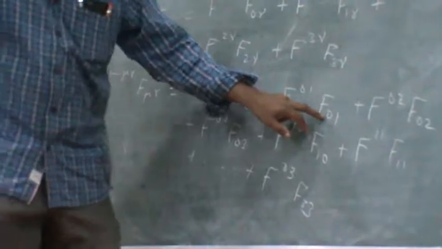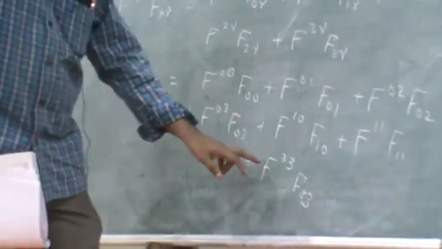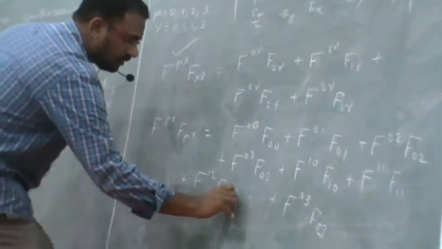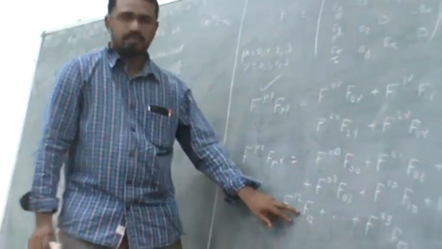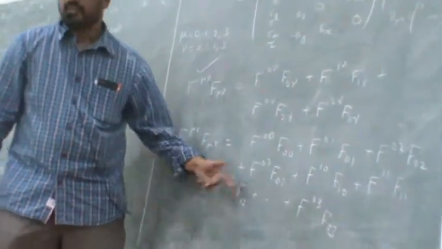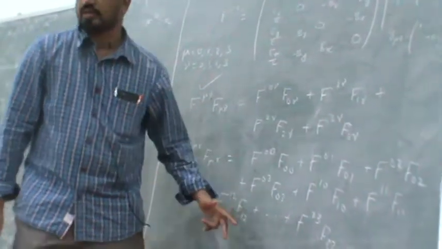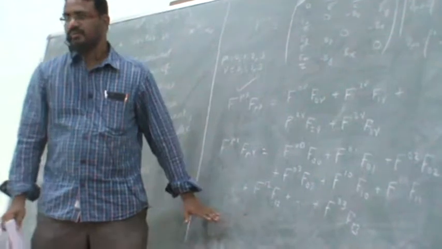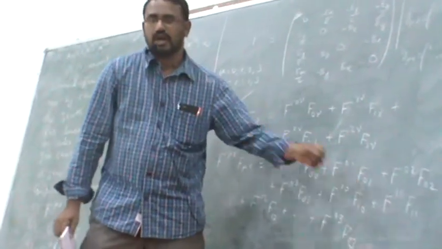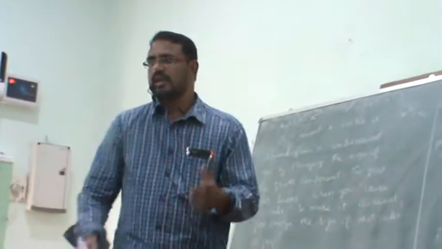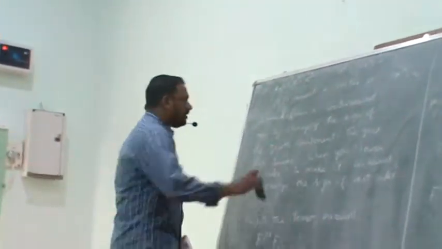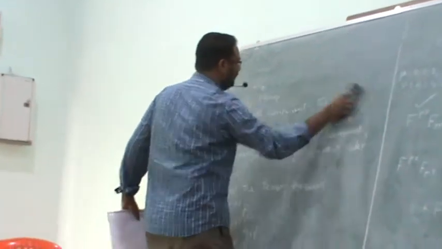f01. What is f01? The covariant part. I can write the contravariant part by changing the sign. Only the term containing 0 I have to change. For example, there is a term containing non-zero indices, maybe I can write one term here. That is f12. If I convert this f12 covariant term to a contravariant term, there is no change in sign. Only if at least one index is 0, that I have to convert. This is explicitly given in this problem, so it's a very easy problem.